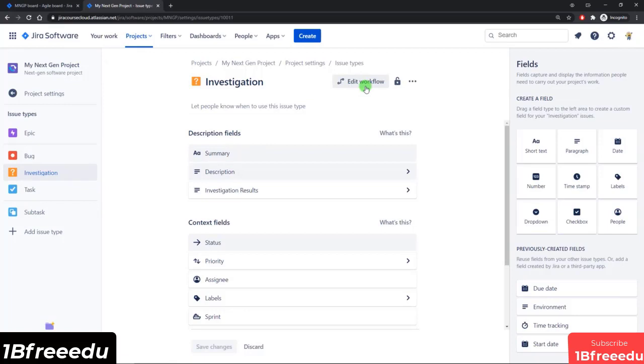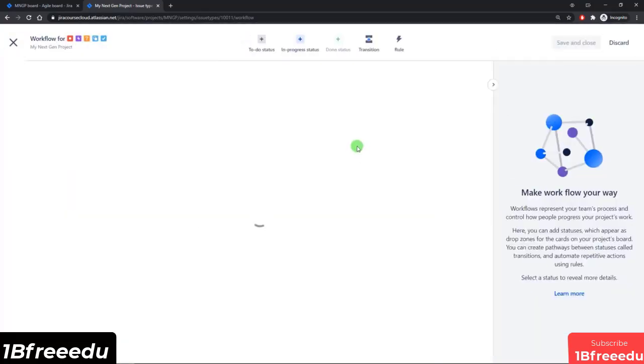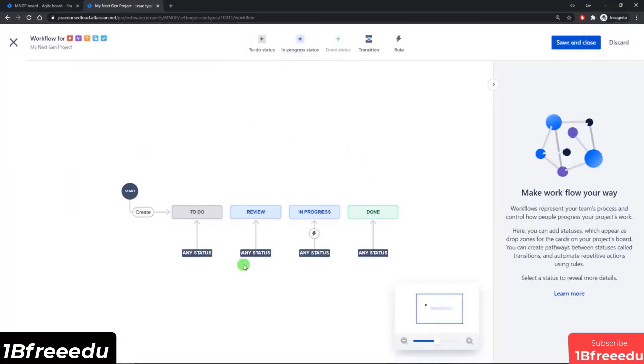Now, for now, Atlassian hasn't yet released the option to edit the workflow for each issue type, where each one would have a different workflow. Right now, if you edit the workflow here, you will end up editing it for all the issue types. So I could really select any one and click edit workflow, and that will take me to the workflow editor,